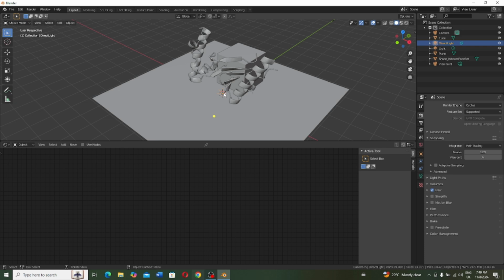We can change it by grabbing, pressing G on your keyboard, and moving it along the x-axis. You can move it along the x-axis, as well as perpendicular to the y-axis, or even the z-axis. Okay, let's put it at that point. As well as you can rotate it by pressing R. You can rotate the direction of your light. Okay, having mentioned that,